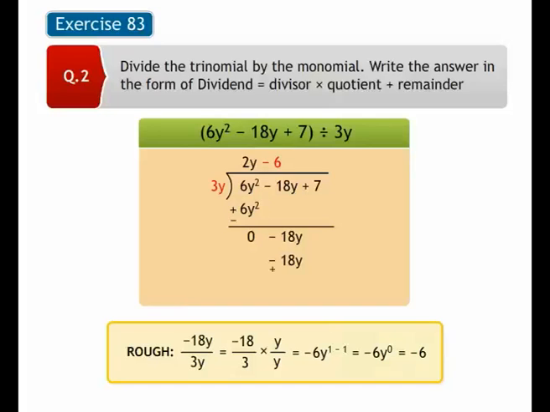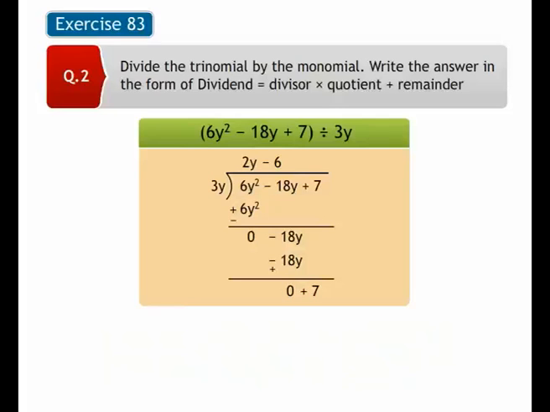Changing the sign of the monomial written below the dividend for subtraction, and after subtracting plus 18y from minus 18y, we get 0. Taking the third part of the dividend down for division, that is plus 7, now our dividend becomes 0 plus 7. As we cannot divide 7 by 3y, our division gets complete here,